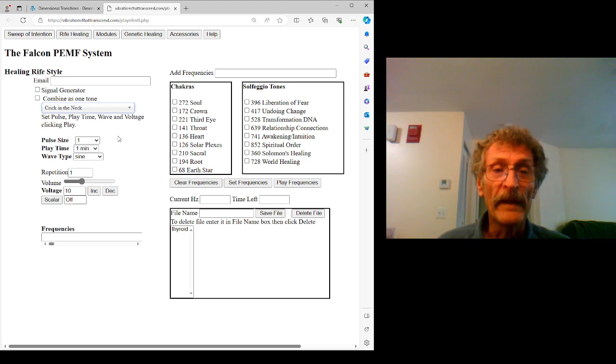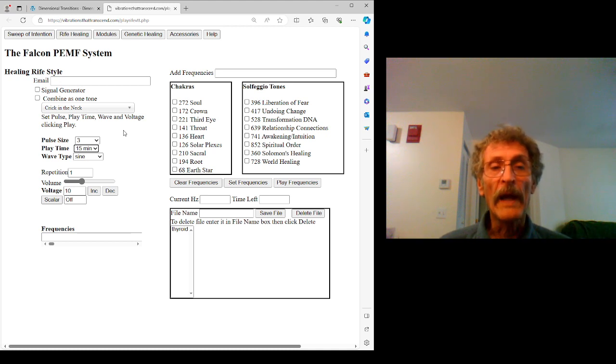Now, the next step is to determine how long you want each one of those frequencies to play. We call that a pulse. If one note plays for 1 second, we say that a pulse has a value of 1. If you want to change that, you can. Let's say instead we want it for 3 seconds instead of 1. You can change the pulse. And suppose you want it to play for 15 minutes instead of 1 minute. That means it's going to repeat the process over and over until 15 minutes are up.